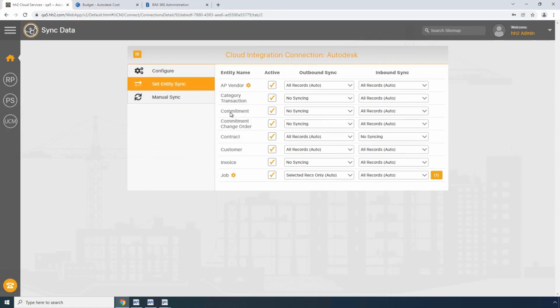So next, I'd like to talk about commitments. And you'll notice that with commitments, we still have the option of outbound or inbound. The typical workflow will likely be to send commitments from Autodesk into Sage. It does support the other direction as well. And in fact, as a one-time push to get current projects up to date, we could flip that the opposite